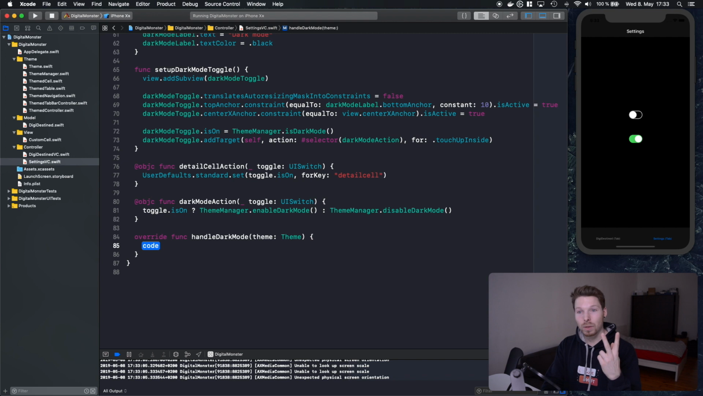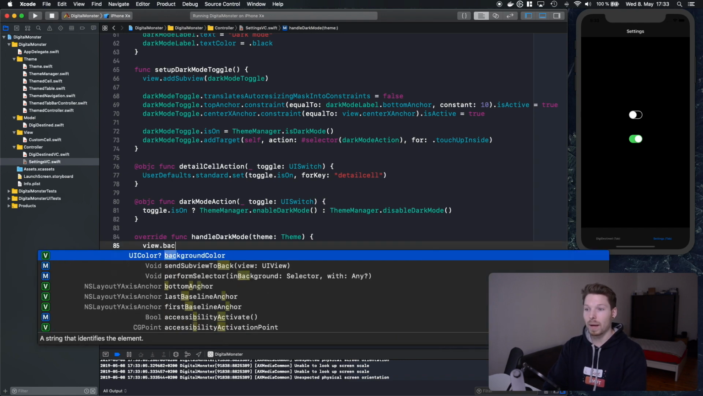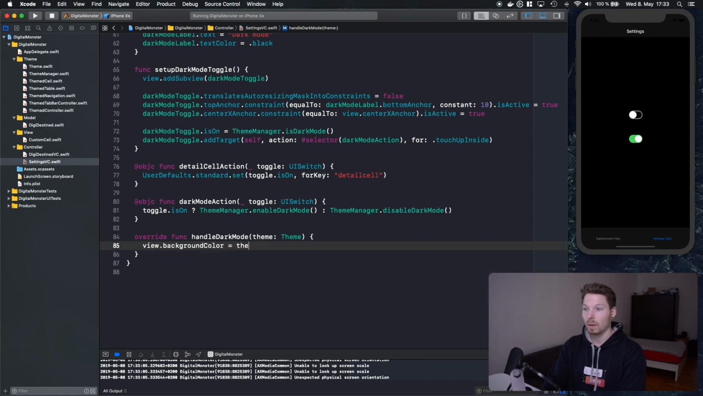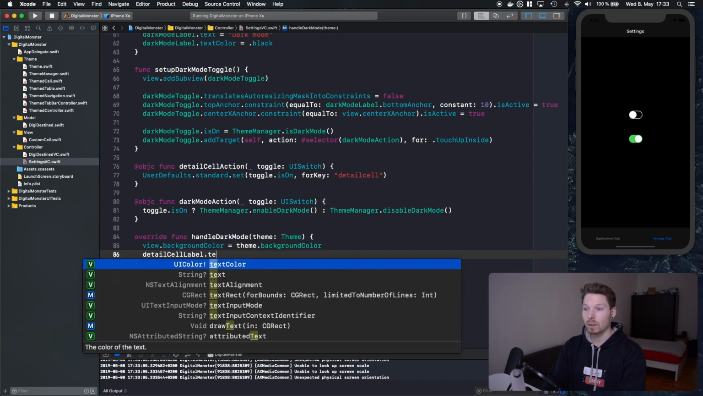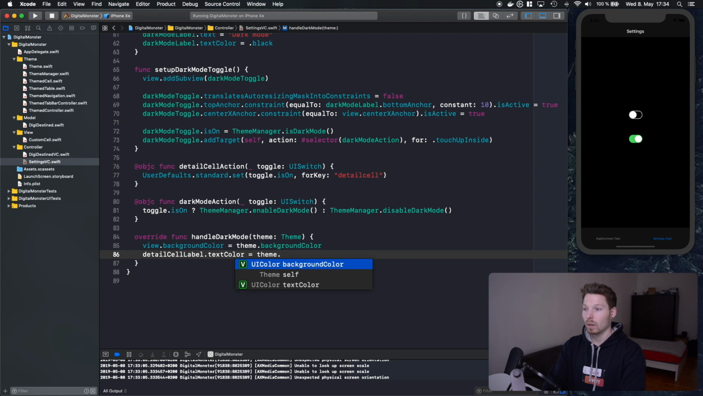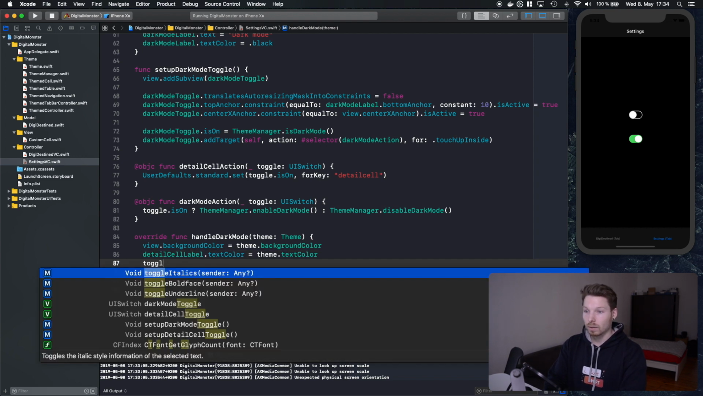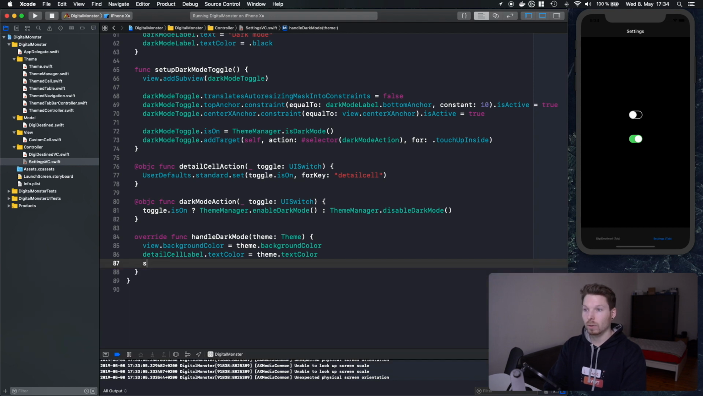And now we can do two things. We can either say, hey, we want to implement the whole dark mode colors ourselves and say, yeah, the view background color is from the theme, the background color. And then we know we have the detail cell label. Its text color is going to be set to the text color of the theme, and the toggle, well, it's a dark mode toggle label, dark mode label. Text color is going to be theme